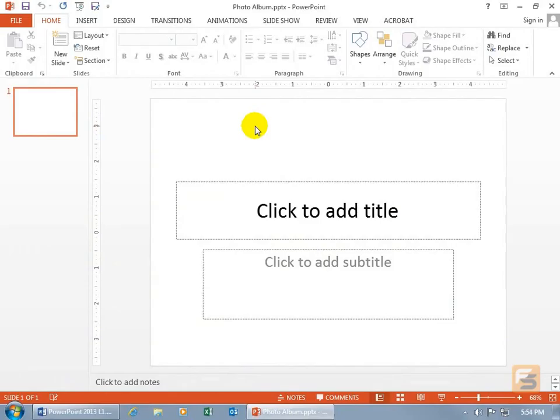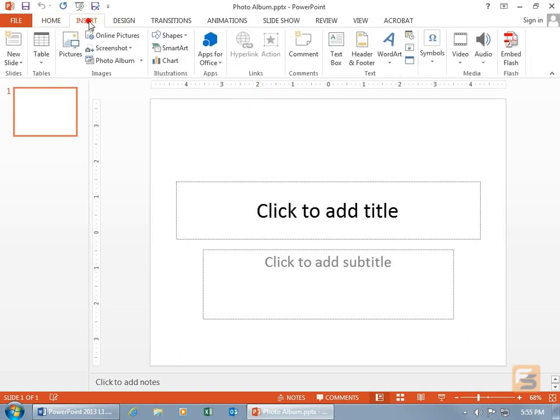Typically when somebody talks about a photo album, it's a book with a bunch of blank pages that they can paste a picture or a bunch of pictures onto a page so that later on they can flip through those pages and reminisce about all the fun times they had, or to show somebody else a little bit about their life and who they are. Here I'm going to show you how you can do the electronic version through PowerPoint's photo album feature,